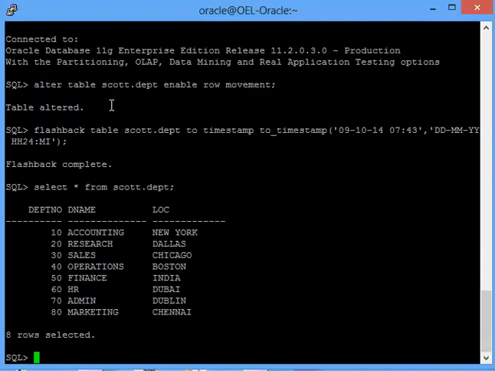So basically this is a very small demonstration, and then you can tell the application team your table has been flashed back as of 7 hours 43 minutes, please confirm. They will log in to this database and check the tables. If they are happy with the data, they'll come back and say, yes, I'm happy with the data, you can close the request. If they're not happy, they'll come back and say, no, this is not the data I was looking for.